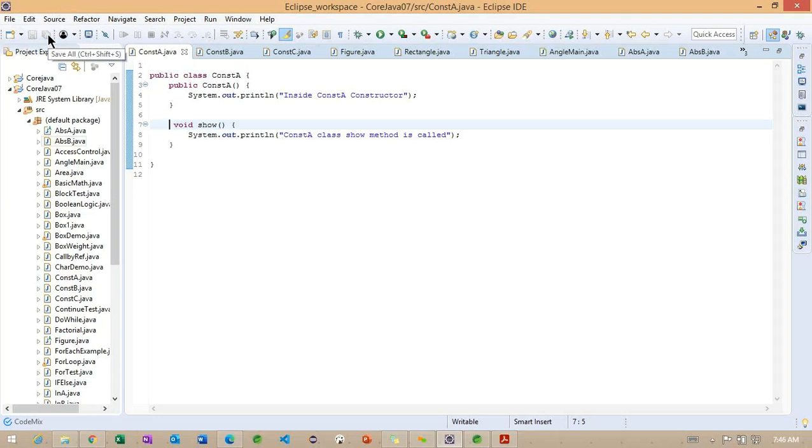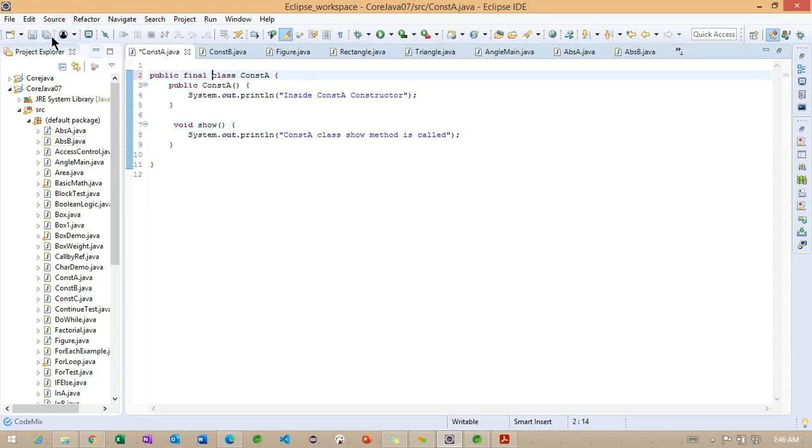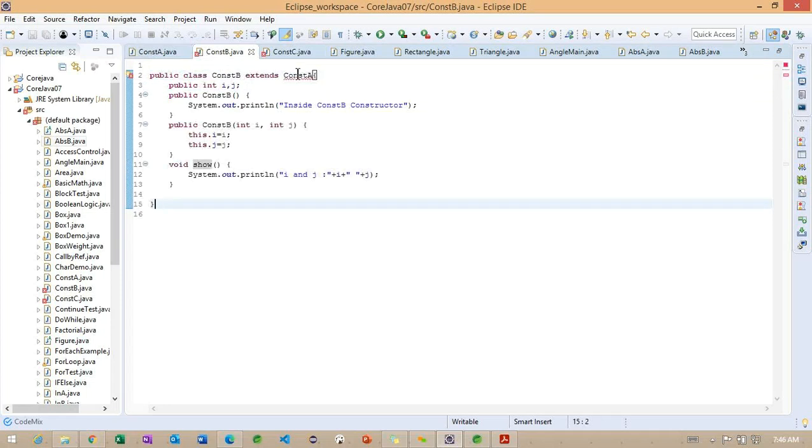And basically, whenever we are trying to extend any class, I don't want to extend any class here. Getting the point. So how can we restrict this particular extending here? How can we restrict this particular extends keyword here? So if you observe, if I make this particular constructor A class final, you can observe here the two classes are getting an error here. Why are we getting it here?